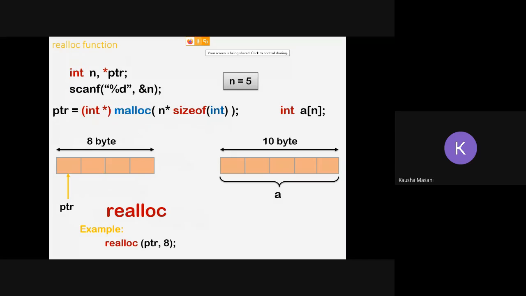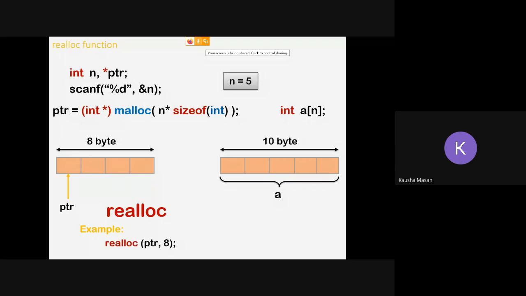Realloc, you don't need to implement it if you don't want to. I'm not forcing you to implement realloc. This is for your information and for you to know what exactly realloc is. In our practical, we are focusing on malloc, calloc, and free.